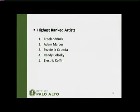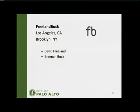Freeland Buck, Adam Marcus, Paz de la Galzada, Randy Kolaski, and a collective called Electric Coffin. So the highest ranked artist collective, Freeland Buck, is two individuals, David Freeman and Brennan Buck. It's an artistic collaboration and architecture practice by David Freeland and Brennan Buck with nearly 10 years of experience engaging